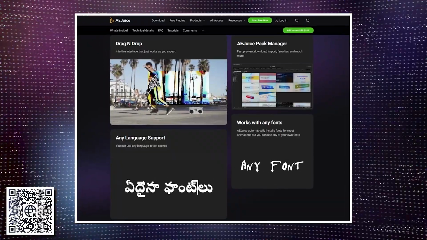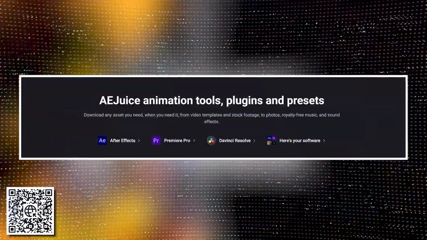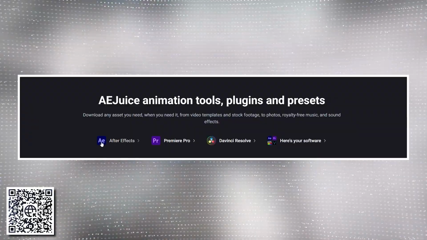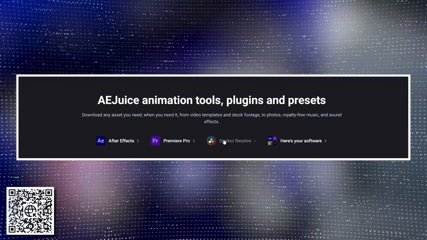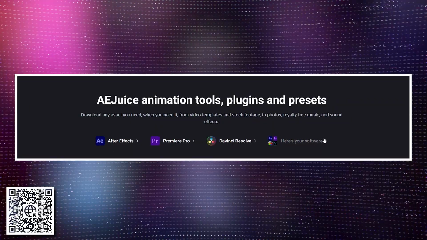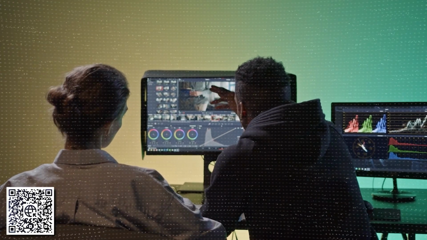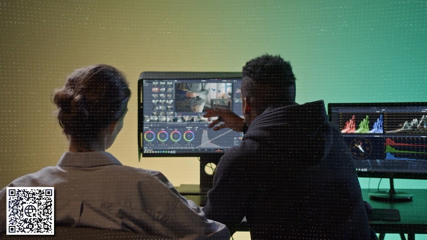And the library isn't locked to a single software. It's also compatible with After Effects, DaVinci Resolve, Final Cut, and even more specific tools like Nuke or Sony Vegas depending on the pack. For an editing team or a client working across multiple software, that means never getting locked